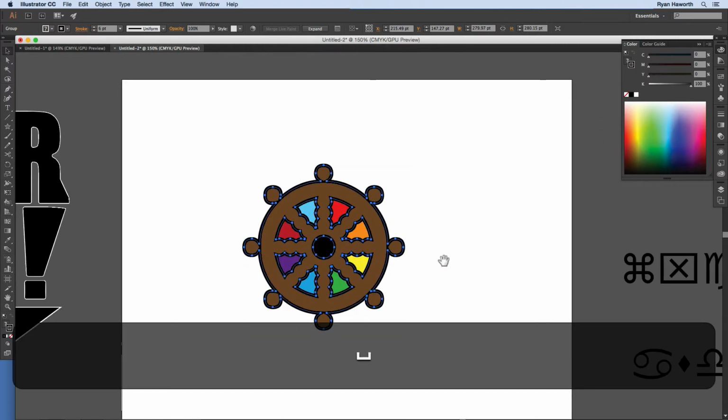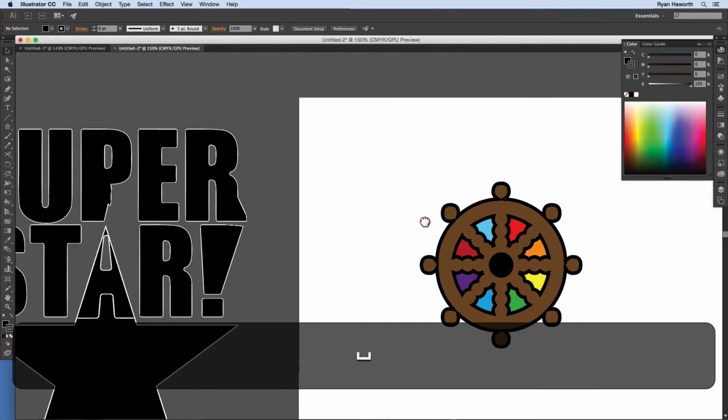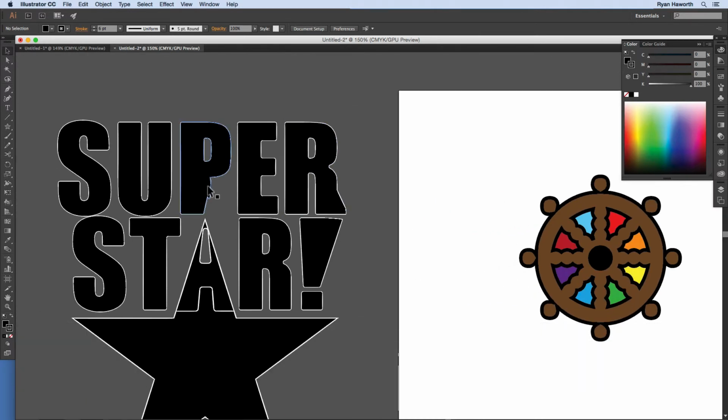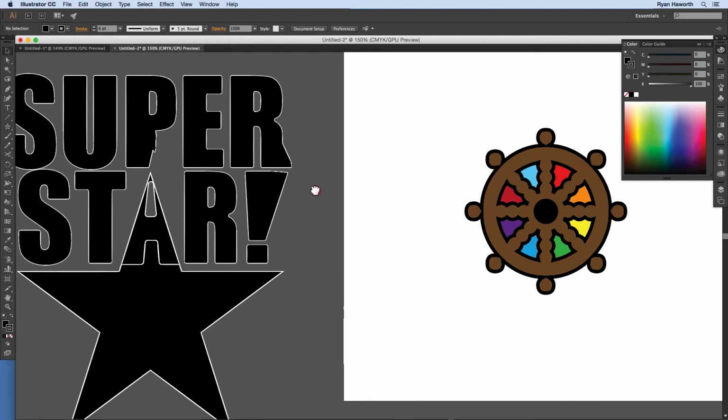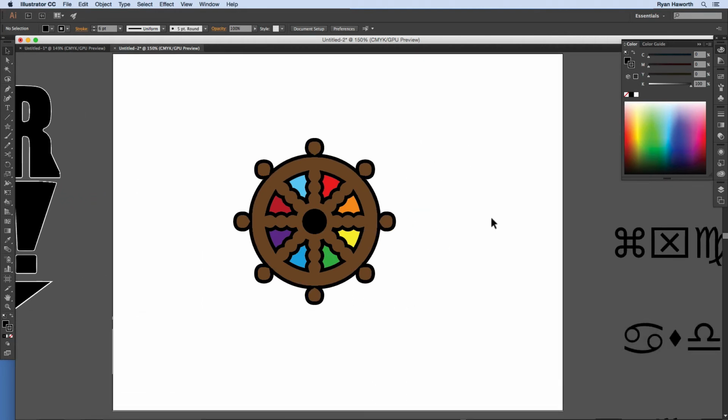Anyway, so play around with creating outlines on type, and you can do some pretty cool things to it. You can do some kind of scary things. You can really mess up the font if you're not careful, but I say err on the side of experimentation here. So have fun with converting type to outlines and creating shapes,